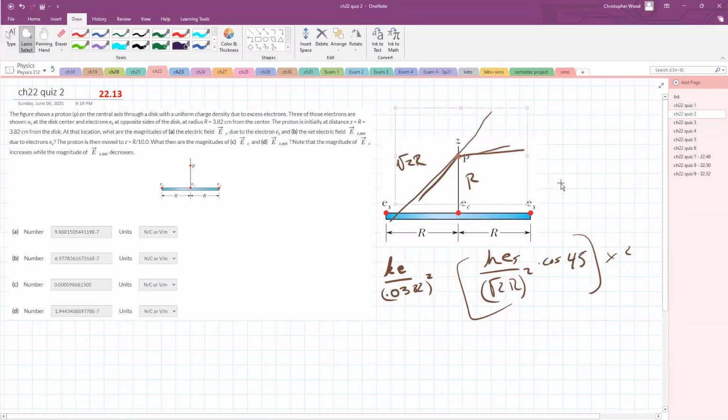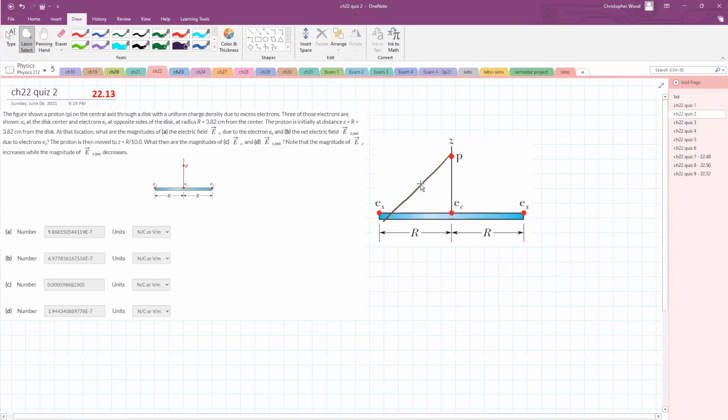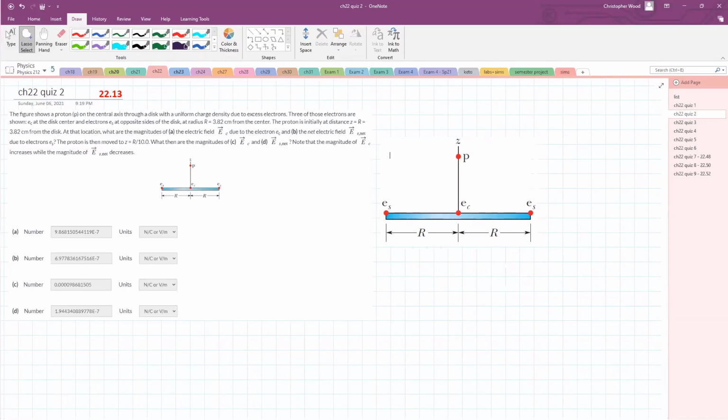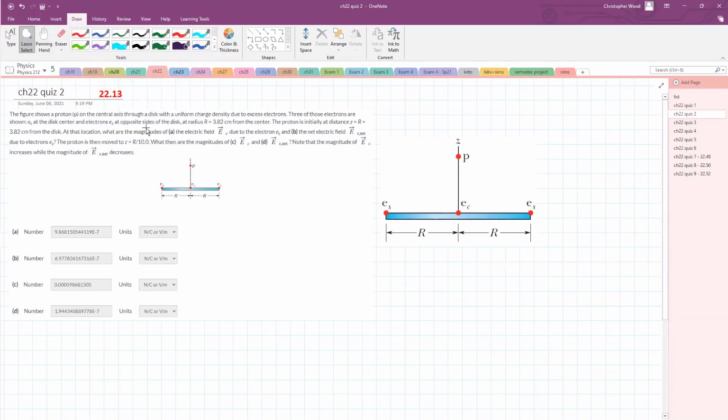And I have just a better drawing here that I'll work off of. All right. We have 3 particles, 4 particles. Don't we? Proton. All right. We actually have 4 charged particles. We have this